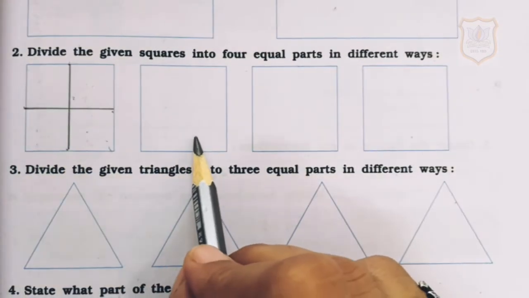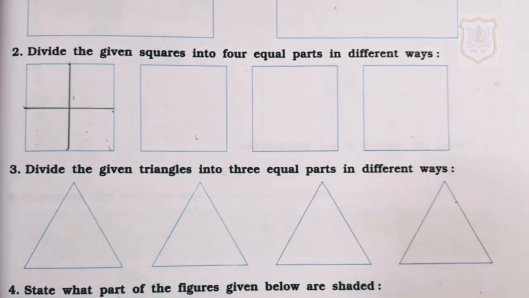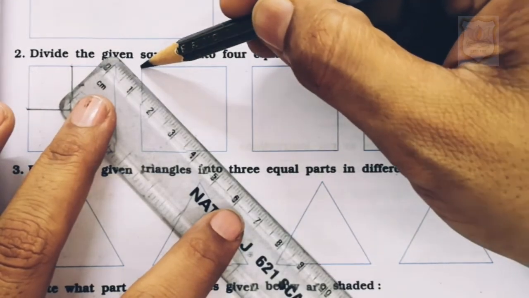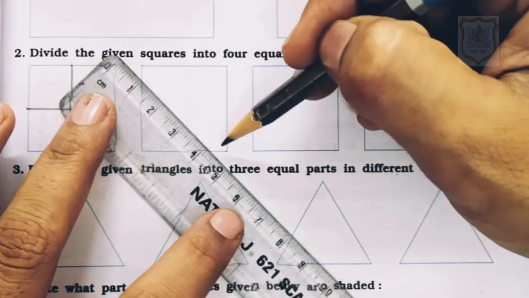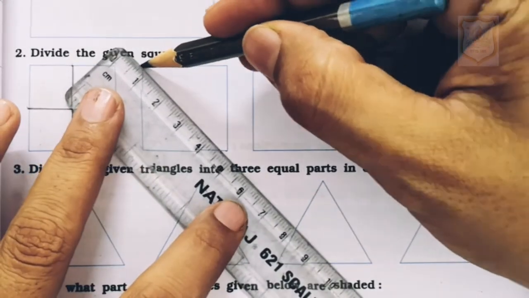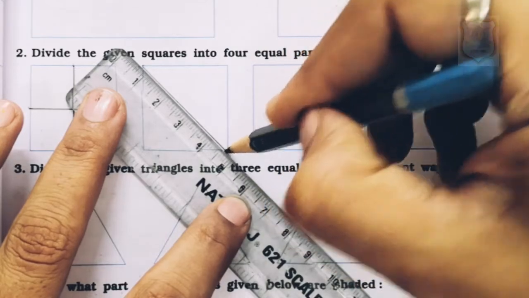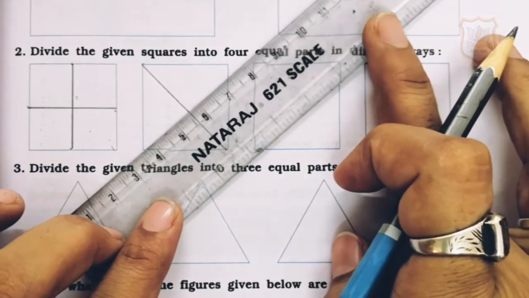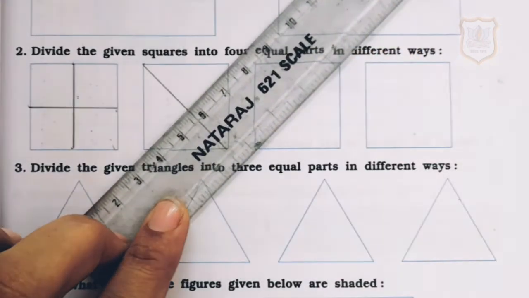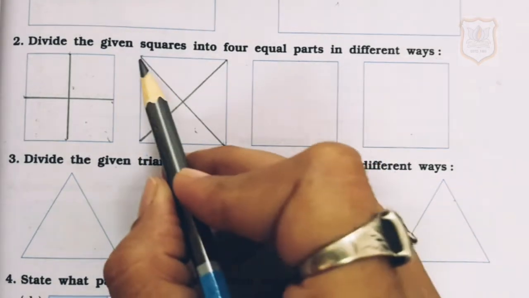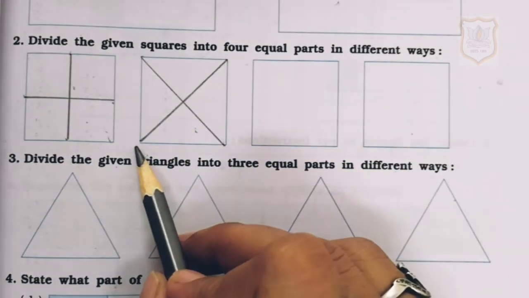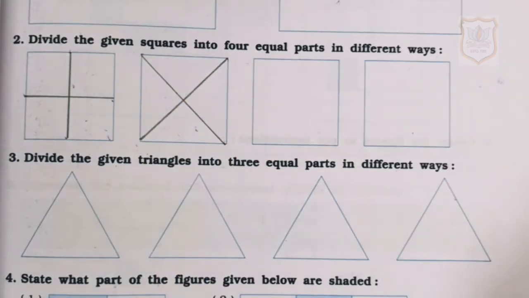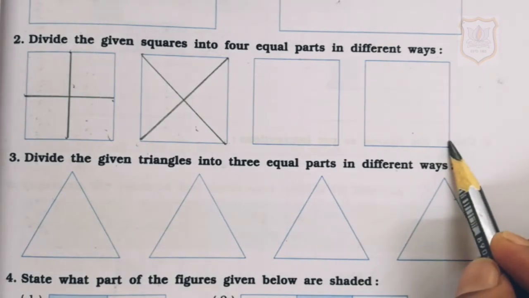Now students, here this square also we will divide it into 4 equal parts. For this what we will do, we will make slanting line which will join this end and this, the both ends of the square here. In this way we will make a slanting line and we will join these two ends and we will make another slanting line also and join the other two ends. In this way, by drawing the 2 slanting lines also we can divide the square into 4 equal parts. Here there are 1, 2, 3 and 4 parts of this square. In this way, remaining question number 2 you have to do it by yourself.